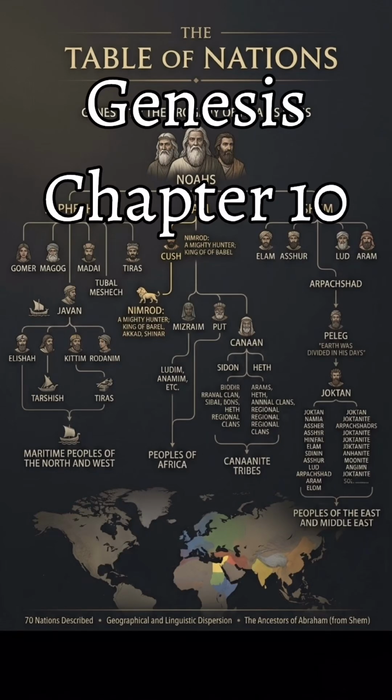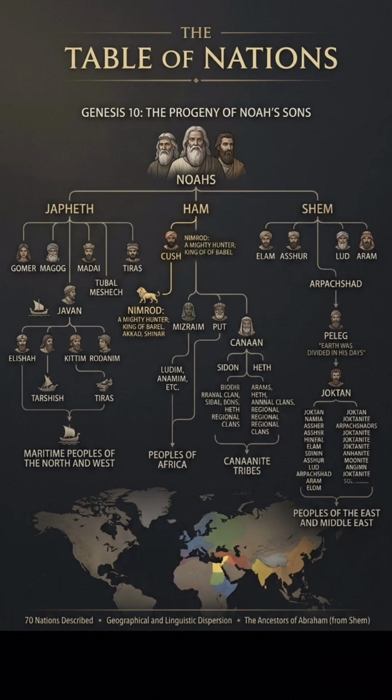Genesis 10, the Table of Nations, records the post-flood expansion of humanity through Noah's sons, Japheth, Ham, and Shem, tracing the origins of 70 distinct nations. It fulfills the commandment to fill the earth from Genesis chapter 9. It details the spread of clans, languages, and territories across Europe, Africa, and Asia, setting the stage for the narrative